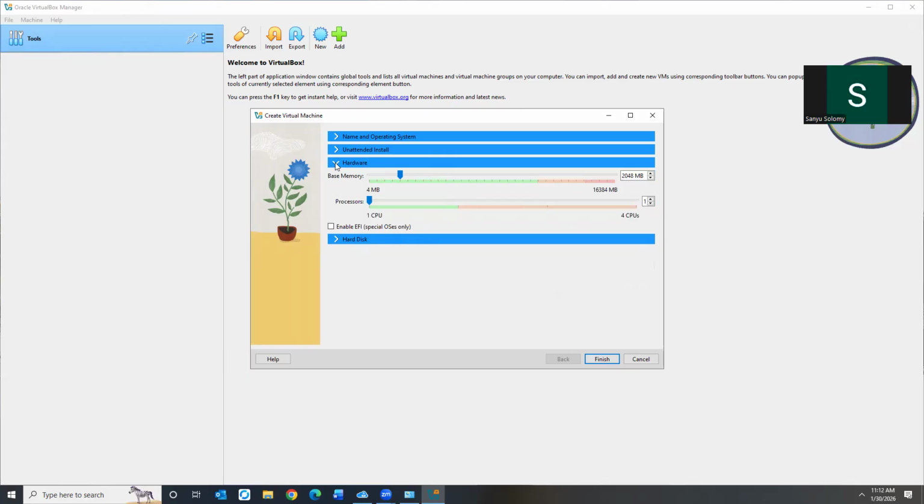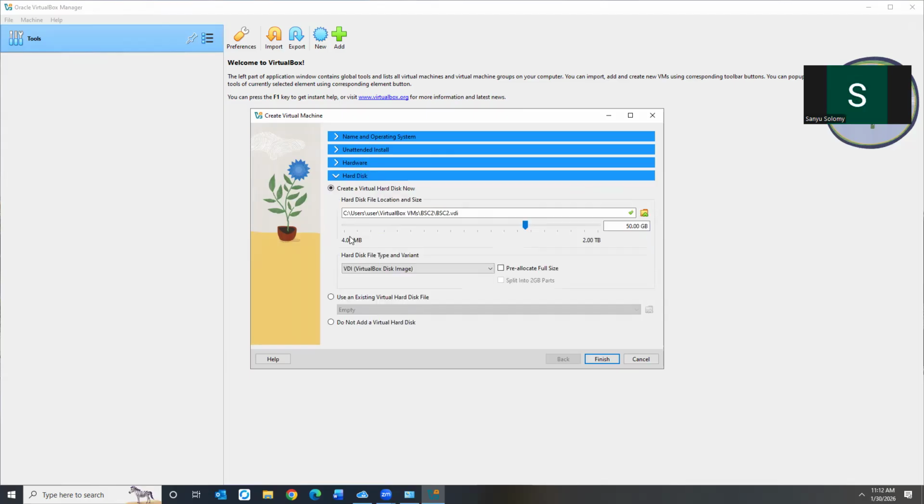Under the RAM, I have 2 GB out of my 16 that will be allocated. I have one CPU that's going to be allocated to this installation. I also have 50 GB that's going to be allocated to this installation. So we are starting and I'll click finish.